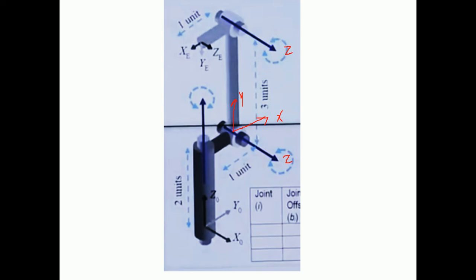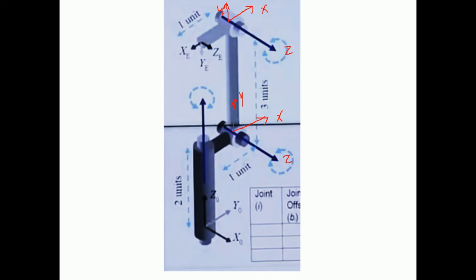With the same scenario, the x axis is going to be created over here, and the y axis is created upside, and the final frame is already created. That should be similar to the previous frame. So over here you can see the z axis, y axis, x axis. In this case you can create frames as per your assumption. So in such a manner these frames are created.